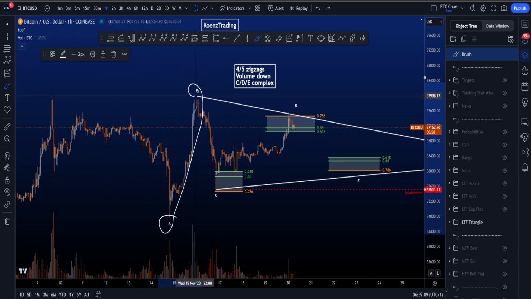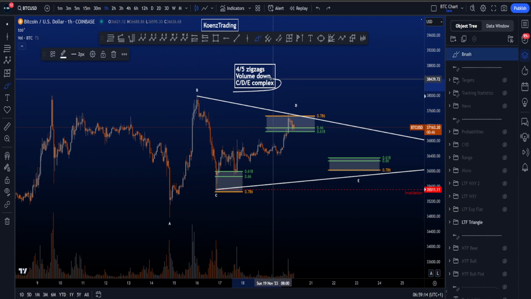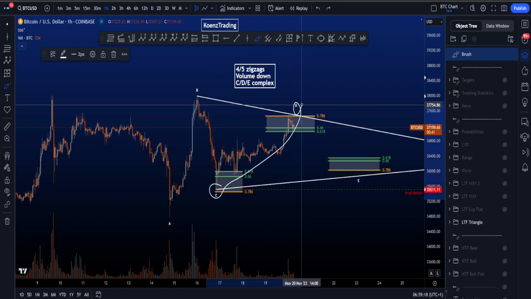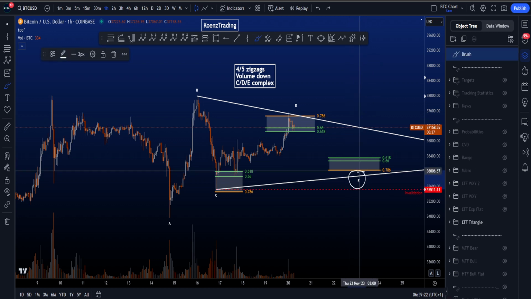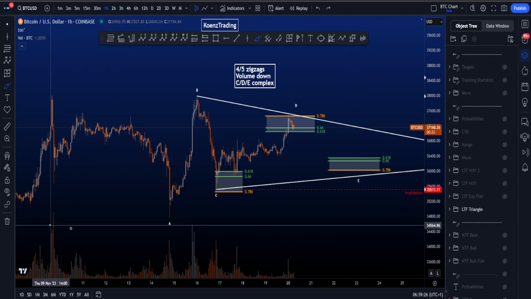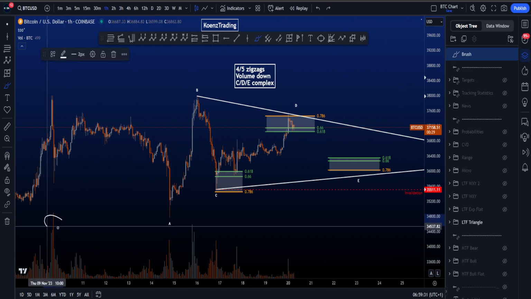Wave A and wave B have to be a zigzag structure, and if one of the waves is not a zigzag structure, it usually is C, D or E, where C and D tend to then be a double or a triple zigzag, and wave E can also be an internal triangle. We also want to see volume moving to the downside as the pattern is evolving, which at the moment is